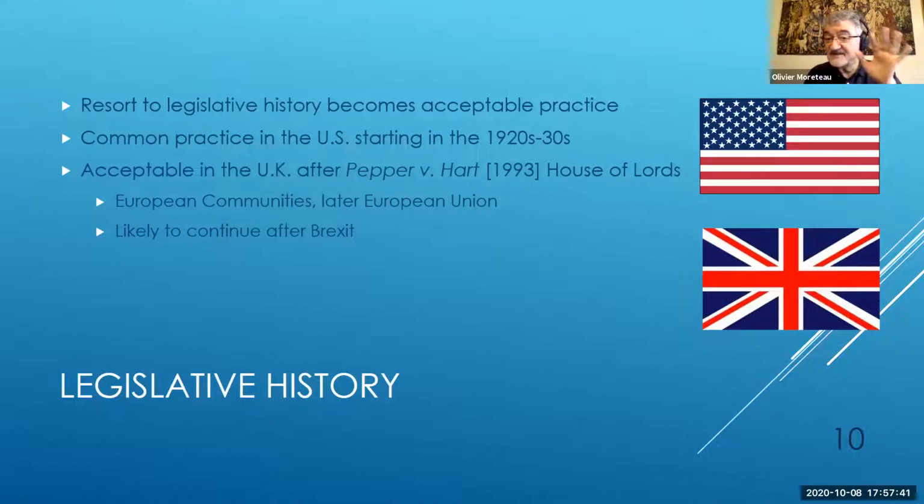Until that time, it was improper to cite the records of parliamentary proceedings. But it is the influence of European law, the law developed by the European communities and later the European Union, that is purpose-driven and written in more general terms, that has pushed the English courts to accept that, yeah, it makes sense to look in the record of parliamentary proceedings